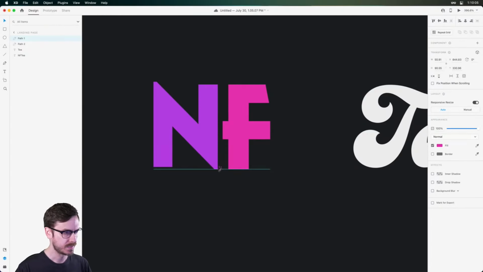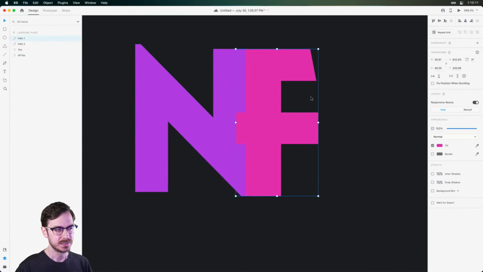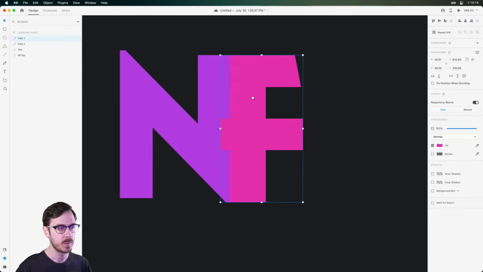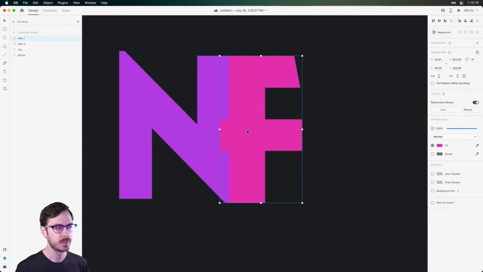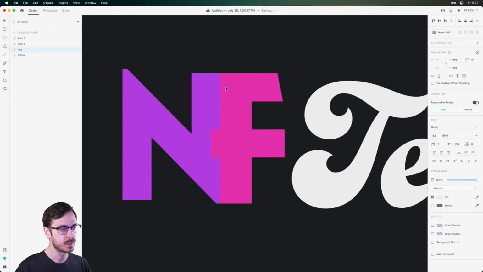I'm going to make sure that this lines up really nicely. And I might want to overlap this a little bit. Now, if you take a look at this, right, the overlap looks a little bit strange. So what we might want to do is somehow separate this from the other letters and the background. Now, since we are going with something like NFT, right, it would be kind of cool if we had sort of like a little tea bag from the top down here to where the F kind of intersects, right? So what I'm going to do is